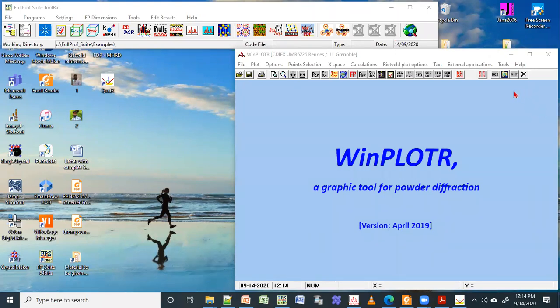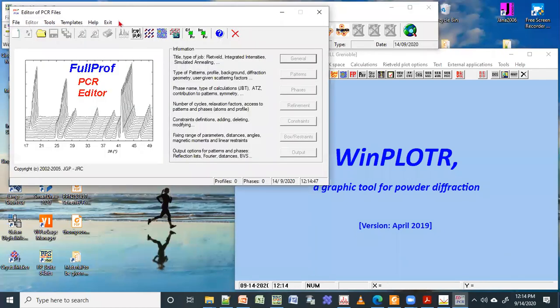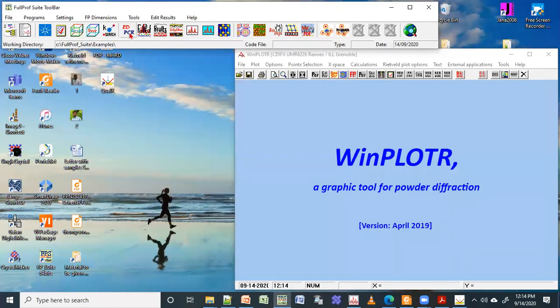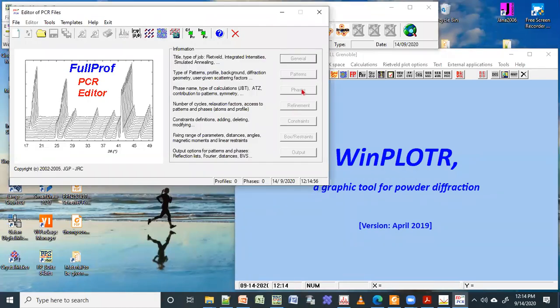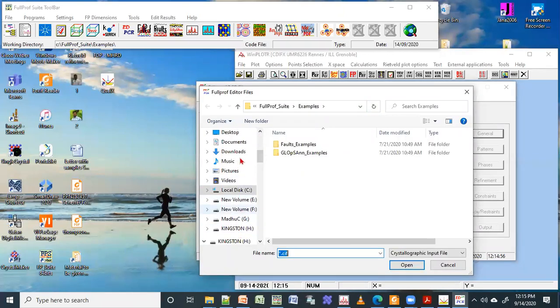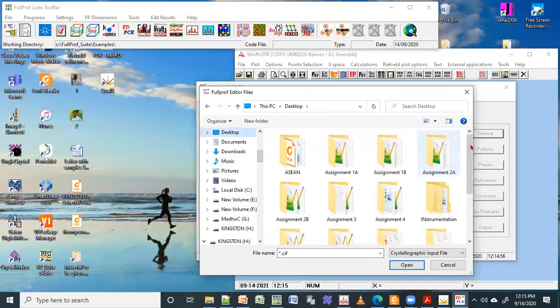Okay, thank you. So someone wanted to see how to do this. If you want to convert your SIF to PCR, you just open your EDPCR. You click on EDPCR and then you click here. There is a button called SIF to PCR. So load the SIF file. You click this, then you take the SIF file which is available with you. I think it was somewhere here, right?